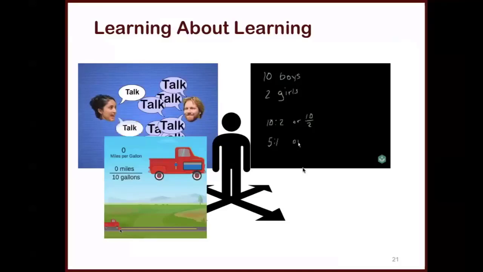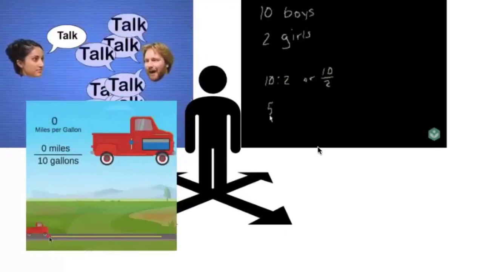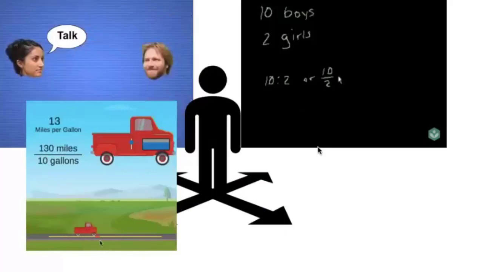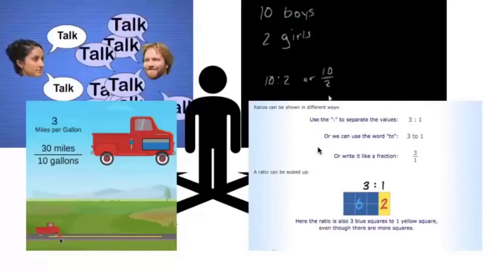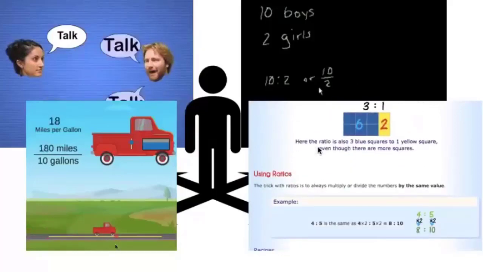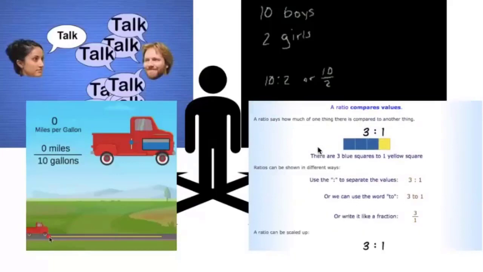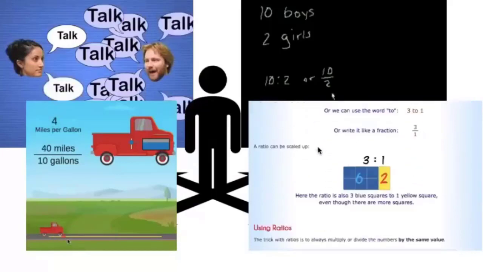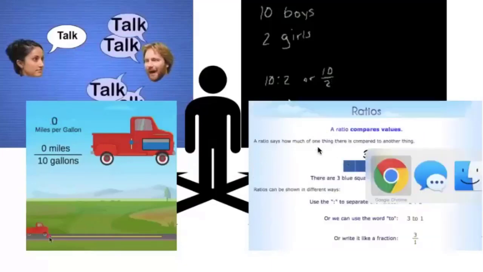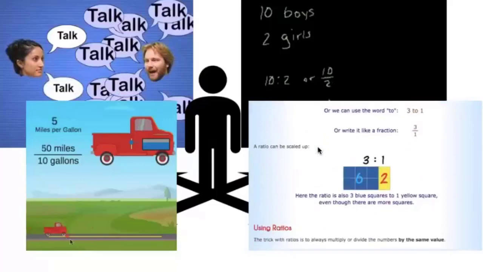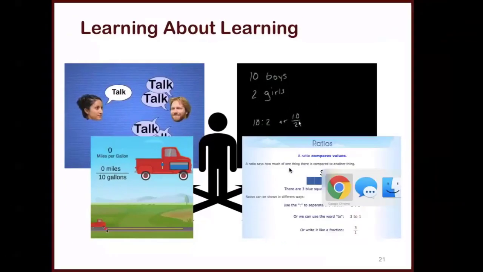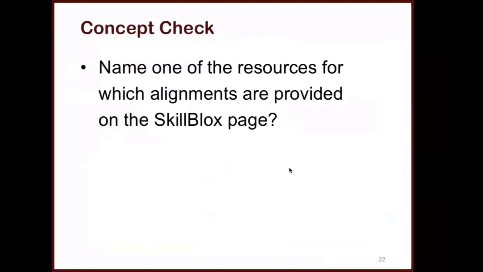Here's something from CK12 that is a simulation that allows the student to play around and see miles per gallon, obviously a relevant concept to adults, this concept of ratio using that. And then here's something from a site called Math is Fun, which for some students might be a complete oxymoron, but these are nice text-based lessons with some interactive concepts that students are walked through. In this case, there's the one on ratio. So, there's a range of different options for this one single skill, and we want to provide learners with those